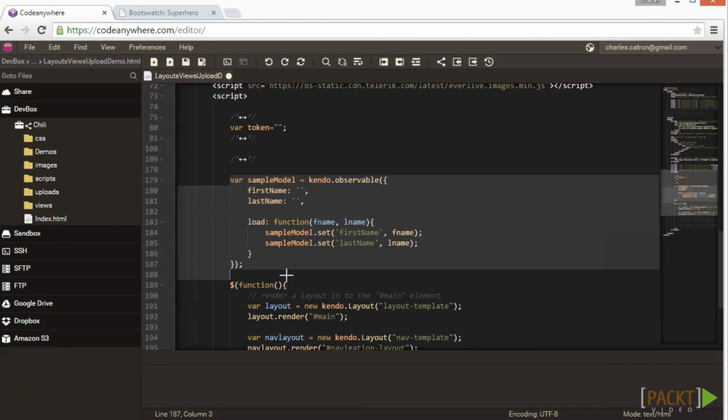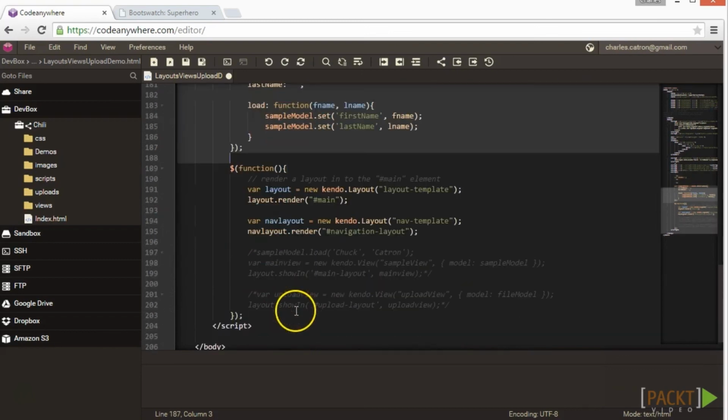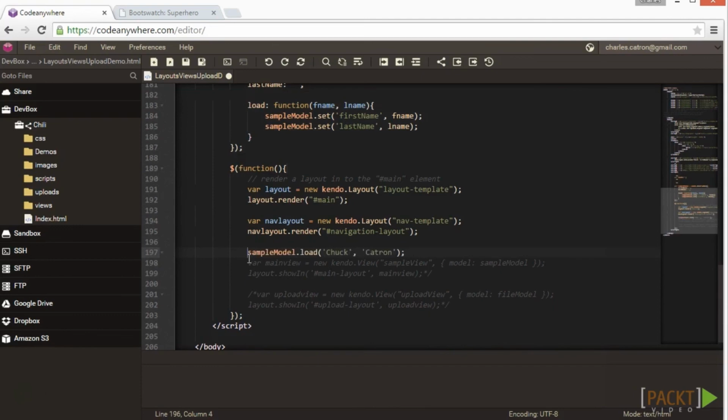Okay? Well, we're going to keep moving along. You'll get the hang of it. So this is a simple model that has two properties and one function. Now, we need to put the model to work. So let's go into our main function, and right here after the navigation layout.render, I want you to enter this. sampleModel.load('Chuck', 'Catron');